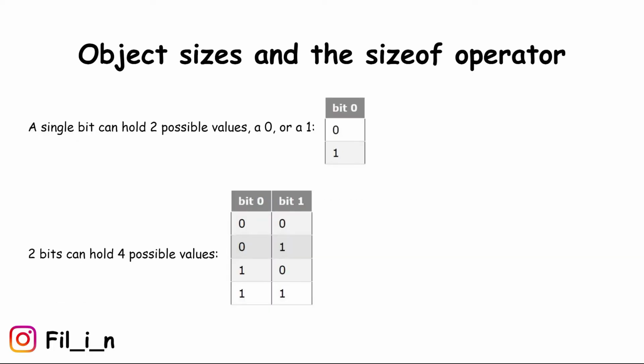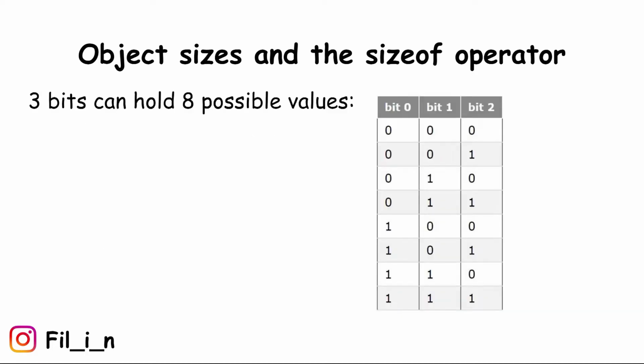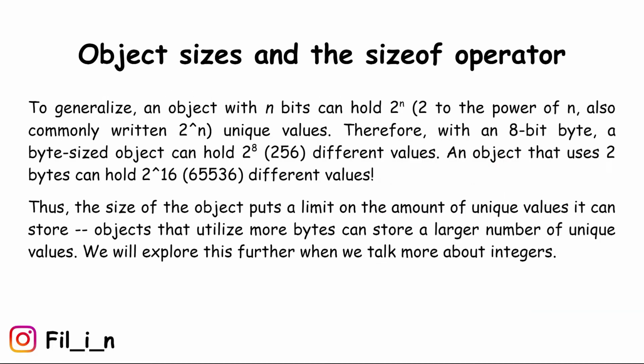A single bit can hold two possible values, a 0 or a 1. 2 bits can hold 4 possible values. 3 bits can hold 8 possible values. To generalize, an object with n bits can hold 2^n (2 to the power of n) unique values. Therefore, with an 8-bit byte, a byte-sized object can hold 2^8 = 256 different values. An object that uses 2 bytes can hold 2^16